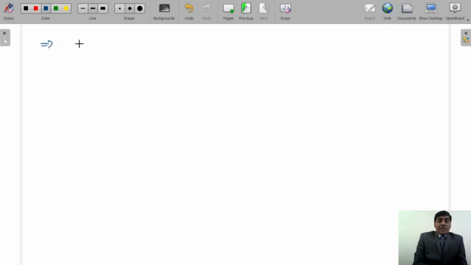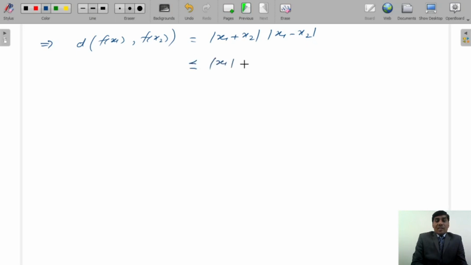This implies it is equal to modulus of x1 plus x2 into modulus of x1 minus x2, which is less than or equal to (modulus x1 plus modulus x2) into modulus of x1 minus x2, which is less than or equal to 2 into modulus of x1 minus x2,